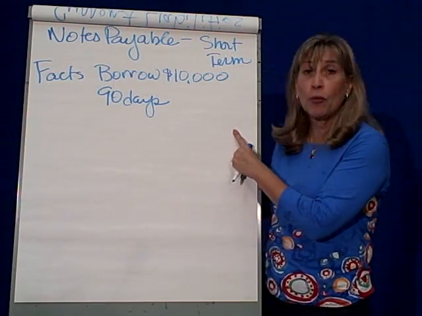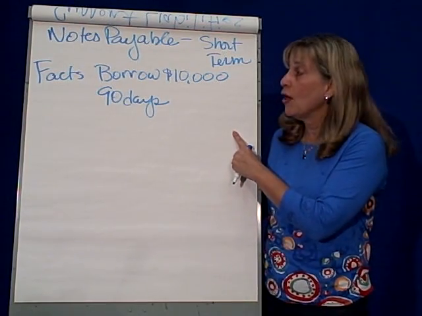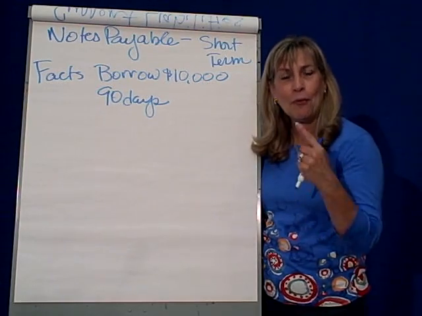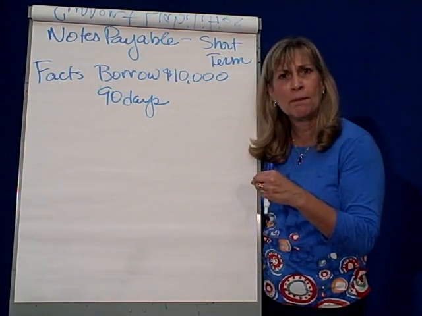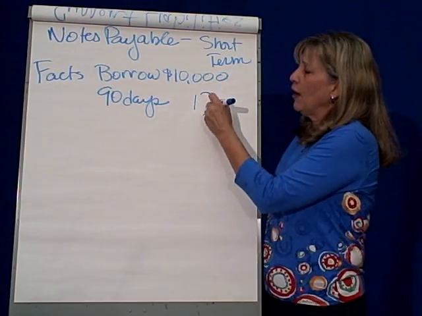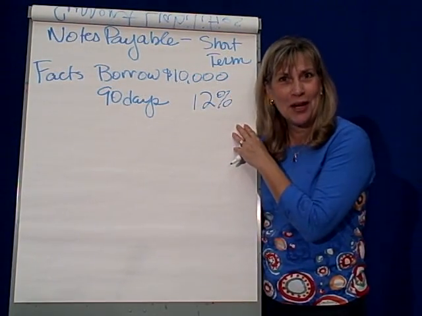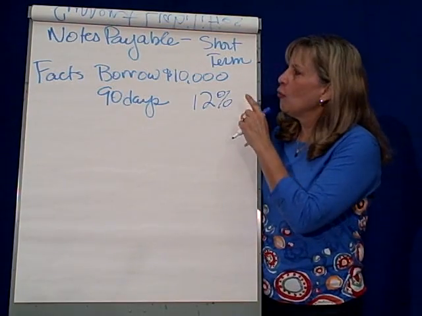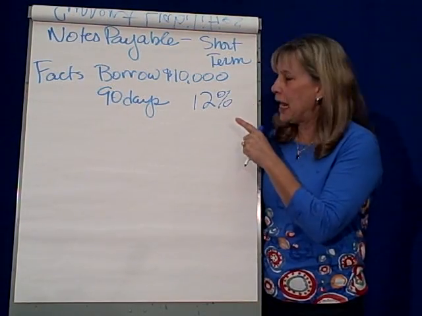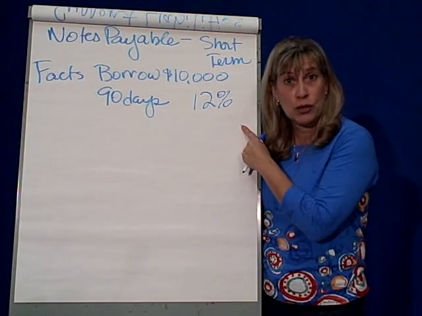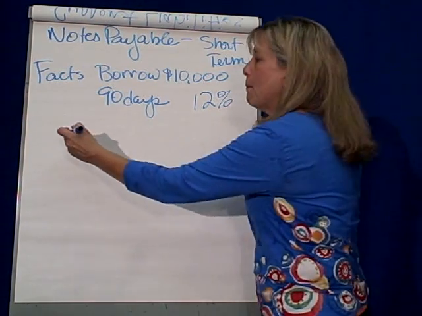Our facts are that we're going to borrow $10,000 for 90 days. Now, we need to come up with an interest rate. Well, to make it easy on ourselves, let's assume an awful interest rate of 12%. So we're borrowing this money for 90 days, 12% note. Now, when we borrow the money,